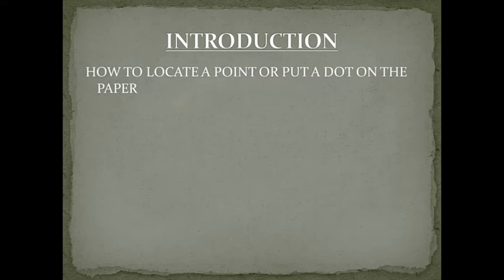Suppose we have asked you to tell the position of the dot on the paper, how will you do this? Maybe you will say the dot is on the upper half of the paper, or in the middle of the paper, or it is near to the left edge, or it is very near to the left hand upper corner of the sheet. Does any of these statements fix the position of the dot? No, it is not possible.